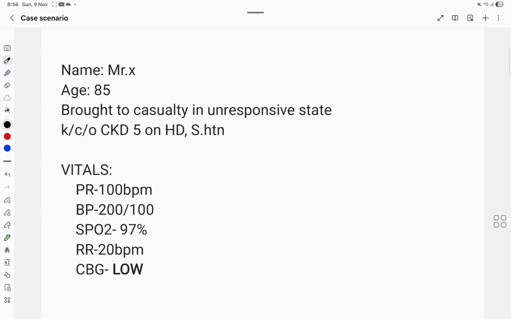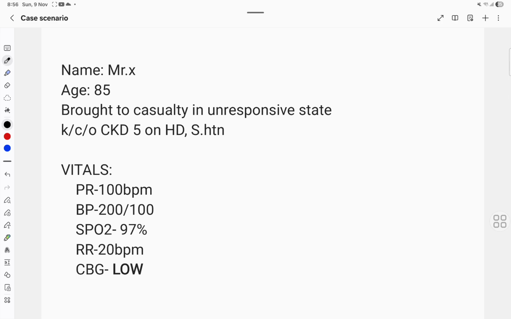I'm going to share a really interesting case I saw last week in the casualty. An 85-year-old male, known case of hypertension and CKD, who's on dialysis, brought to casualty in unresponsive state since morning 6 a.m. He arrived at around 10 a.m. and when we checked